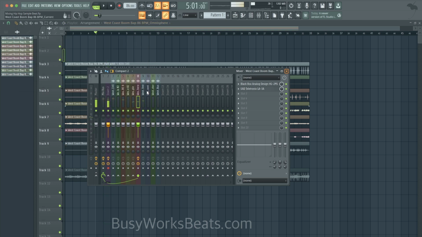So we're trying to pick out which sounds in the beat need to stay still and which sounds need to move. If everything's moving, it gets confusing. If everything's still, then there's no contrast. So you have to determine which instruments are going to be your stable instruments that don't move a lot and which instruments are going to be your moving instruments. So I think hi-hats are going to be the main moving element.